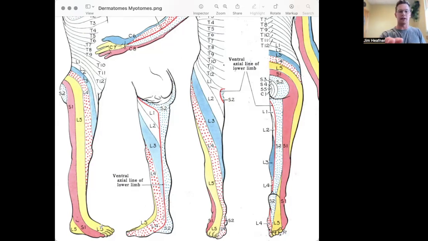So this is something that I show to patients quite a bit to help them relate why they might be feeling symptoms down in their foot, even though their back is causing it. It helps me from a diagnostic standpoint to know exactly what level of the spine could be irritated. I mean, the biggest thing is that from an education standpoint, it helps draw back why someone's symptoms are the